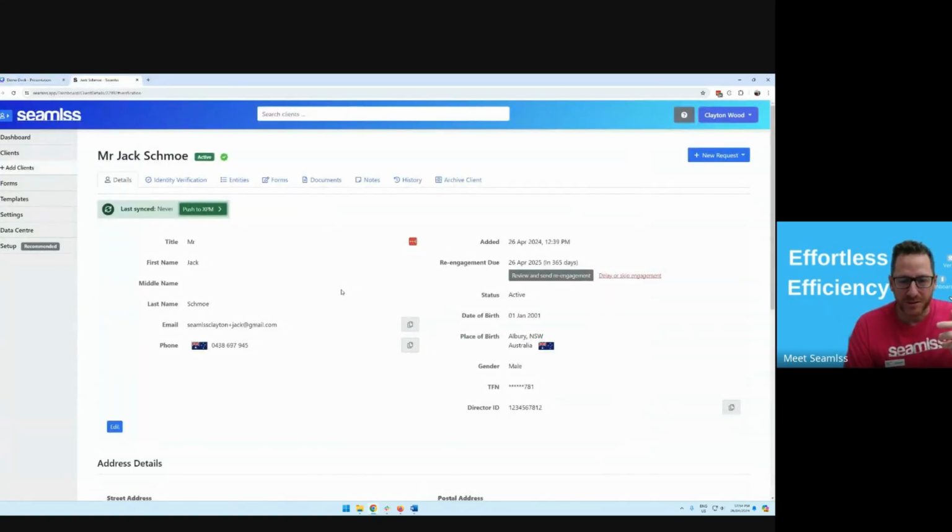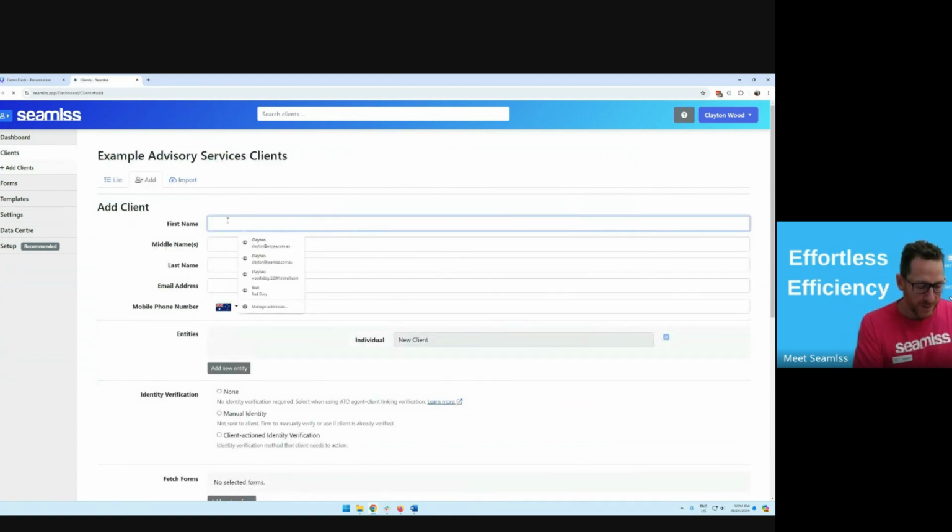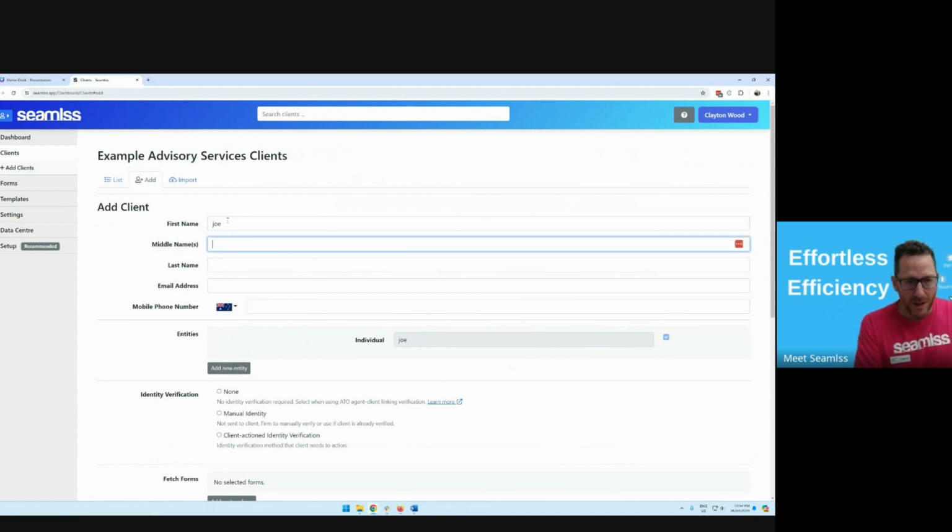And this time I want to do a single verification check. I've had some firms ask about this, where they just want to verify. They might have been handed some data from a different process, but they just need to verify that one person without having to go through the whole onboarding experience. So in that case, you can add a client